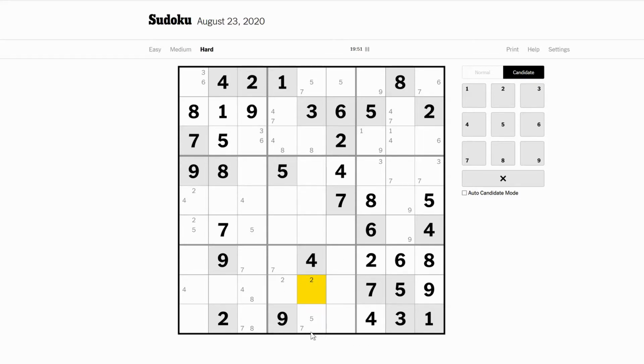Right, hang on. We've got a pair of sixes here now because that's 6. So these two cells are now out of play. So that one is relevant because I've already looked in all of the, so it must be in this cage. So let's think about this. 6 looks into these cells and that 6 looks into these two. That's out of play, so that creates a 2-6 pair. So that leaves